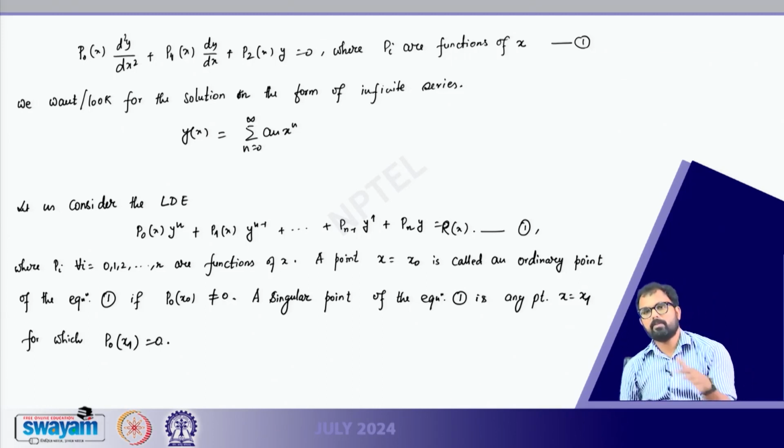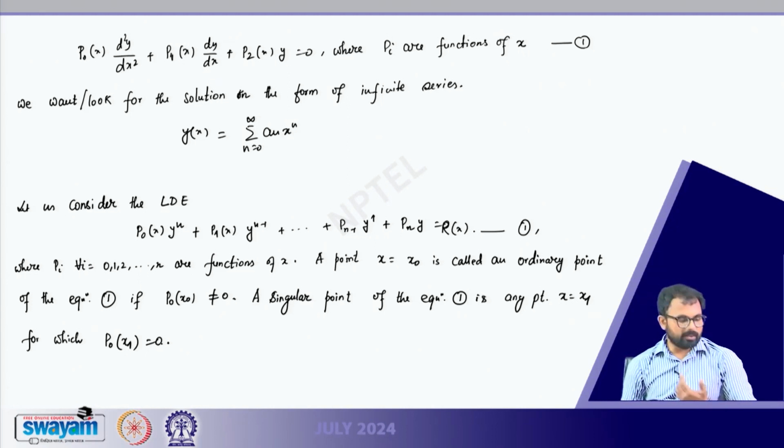That means the leading coefficient vanishes. So basically the order of that differential equation will be reduced by 1. You started with y^(n), but at that particular point it will become a differential equation of order n minus 1. So if the leading coefficient vanishes at that point, then it is called a singular point,